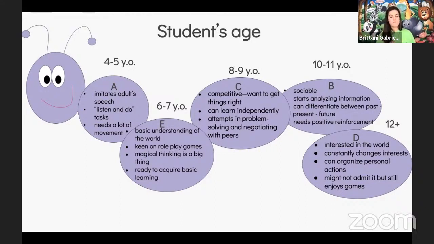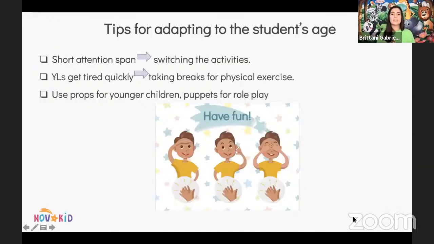They might not admit it, but they still really enjoy playing games. And let's face it, I love playing games too. I want my classes to be fun and exciting. Let's take a look at how to adapt based on these characteristics that we've just looked at to the ages